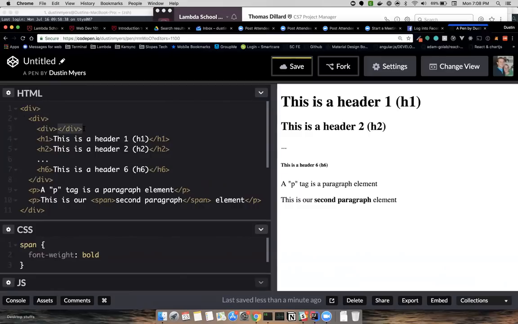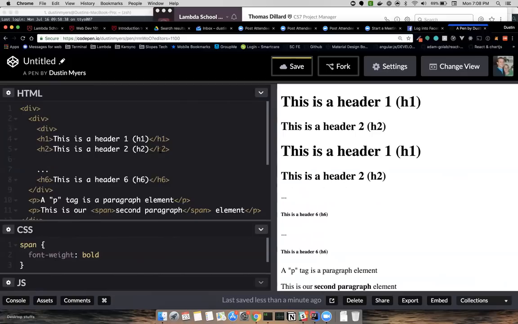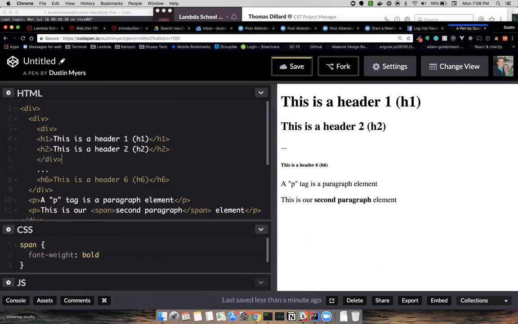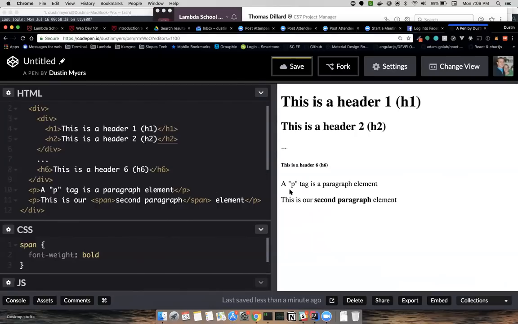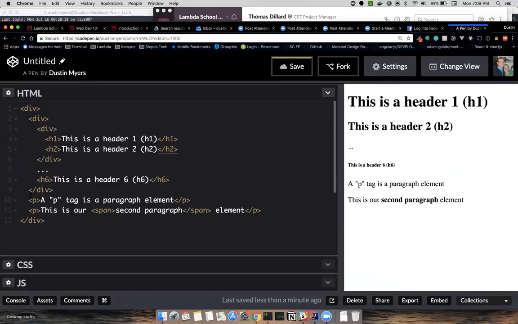So there's going to be a lot of this where we're nesting elements inside of each other. And let me zoom that out, I'll move this down a little bit. So now we've got some crazy nesting going on. If you notice, nothing in our website actually changed. The content is all still there. The different elements are all behaving exactly as we would expect, because we've defined it that way in our HTML and our CSS.